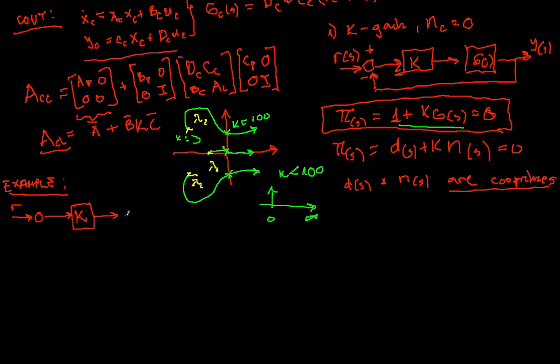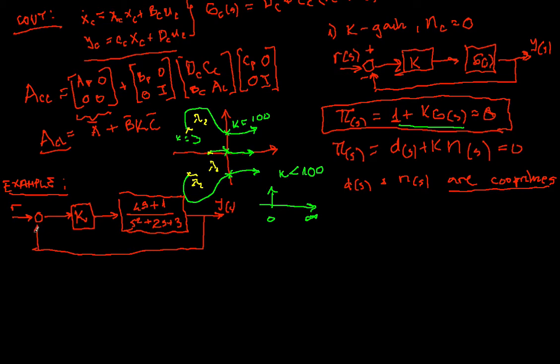How are we going to ensure the closed loop system stability? Let's assume that the transfer function is 4s plus 1 divided by s squared plus 2s plus 3. Okay, we already noticed that this is a classical